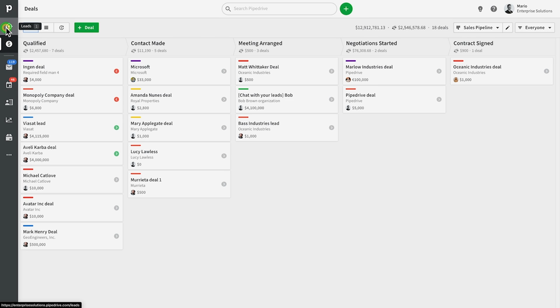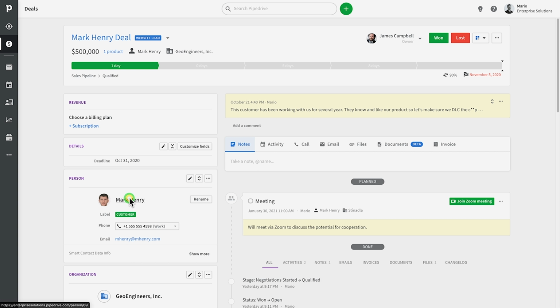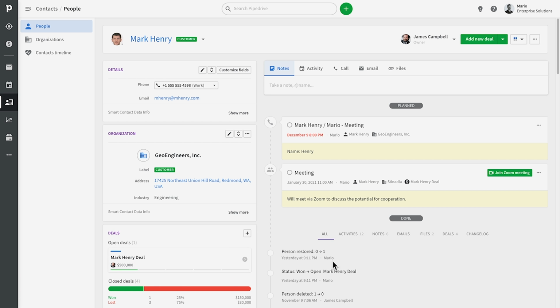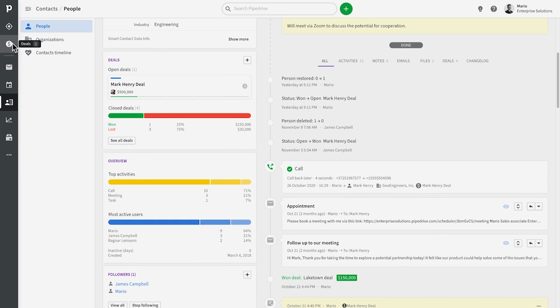As you may have seen by now, in Pipedrive you have different data objects like leads, contacts, and deals. Well, contacts, that is people and organizations, as well as deals have more complex detail views than your leads do. But they have a similar style, giving you a clear view of what's already happened and what to focus on in the future. Let's have a look at a deal in Pipedrive and navigate to its detail page.